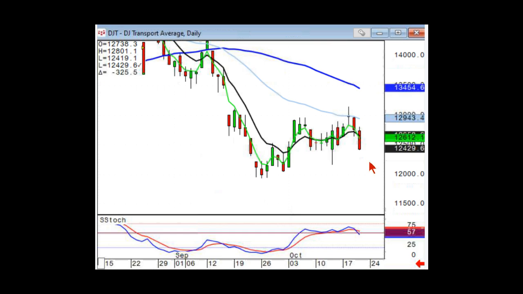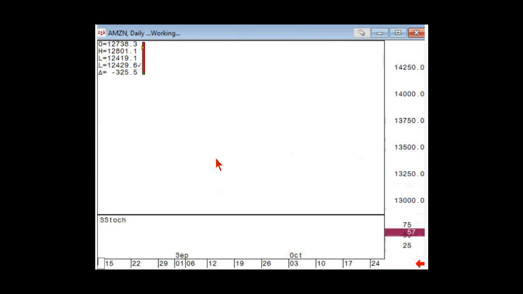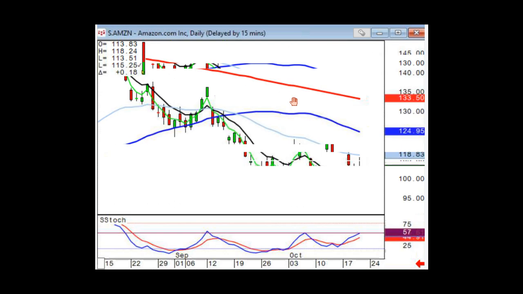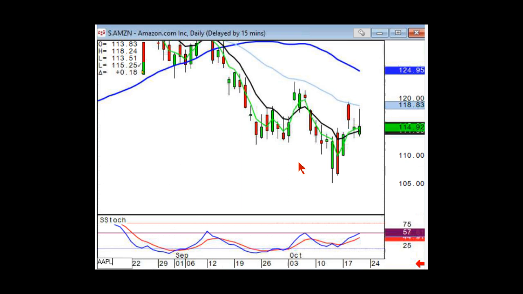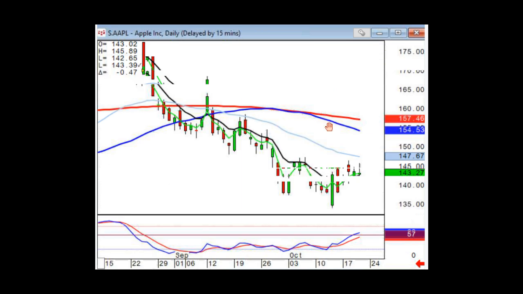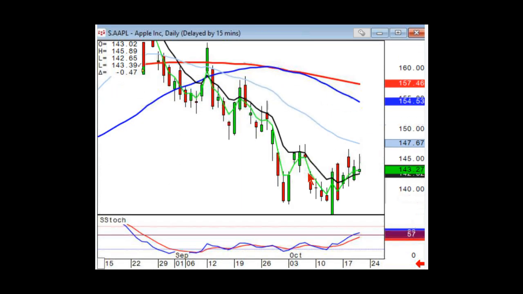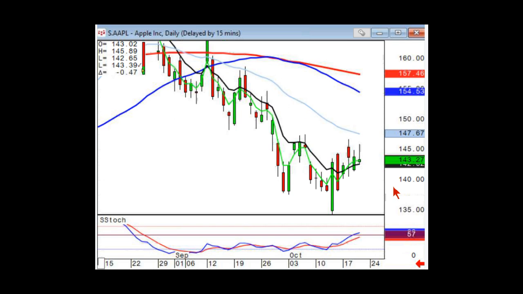That's pretty much also an indicator that the bulls aren't real strong in this market. So you've got those indicators, and then if you see what Amazon did, it traded well below this resistance level. So you can go through this quickly and say, well, Apple traded back toward the lower end, still not